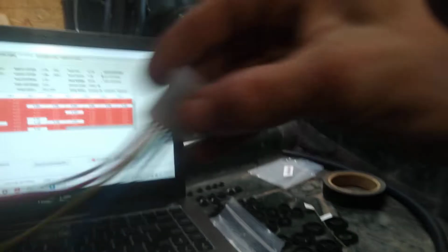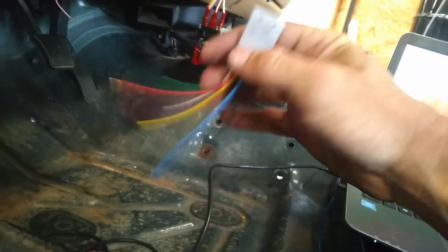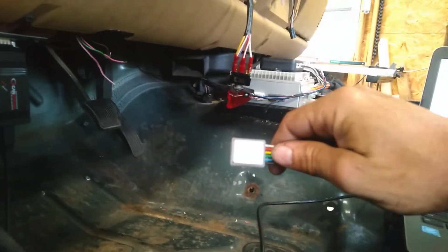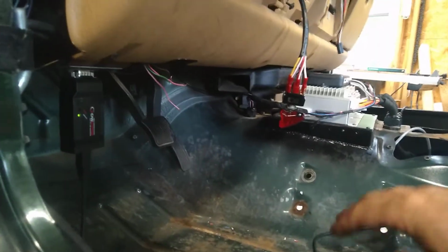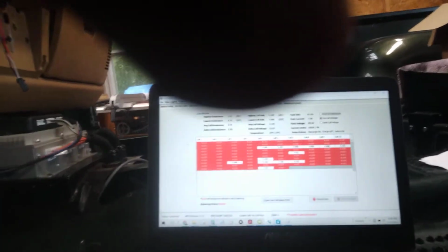Oh, this here. Watch out. So I got this little dude. This little guy is upside down. This little guy is a multi-function timer, and I found him on Amazon. This guy is incredible. A lot of folks in comments suggested for my power steering issues, my steering pump, why